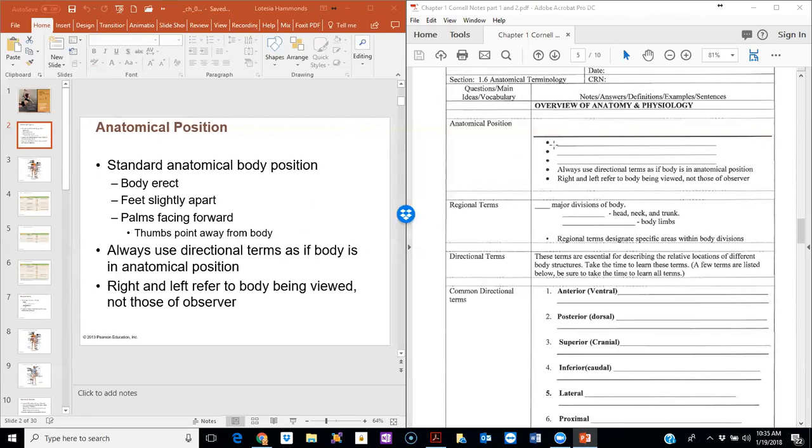All right, so here where you have the three items, that would be that the body is erect, feet are slightly apart, and the palms are facing forward. The other two bullets are provided, and then at the top is that it is the standard anatomical position of the body. For the regional portion,